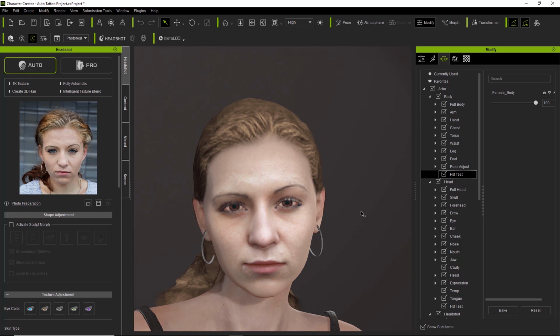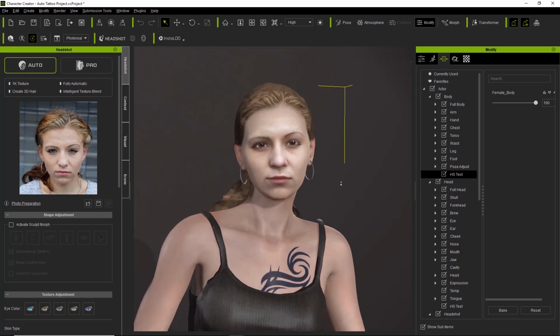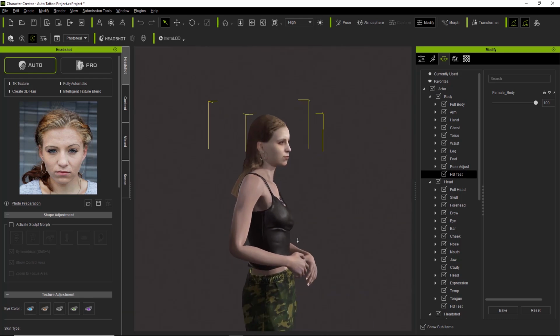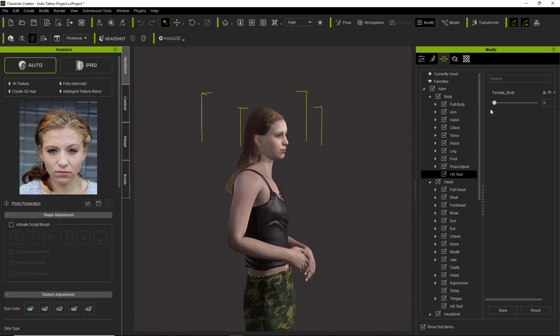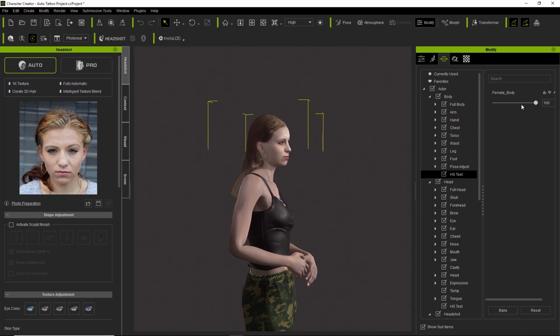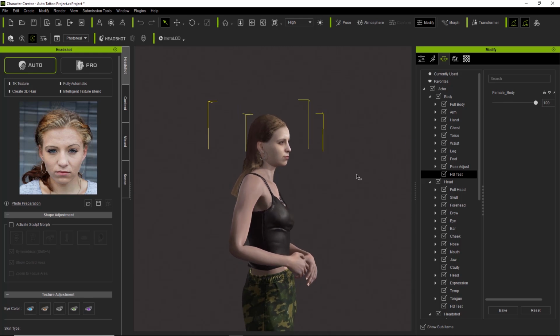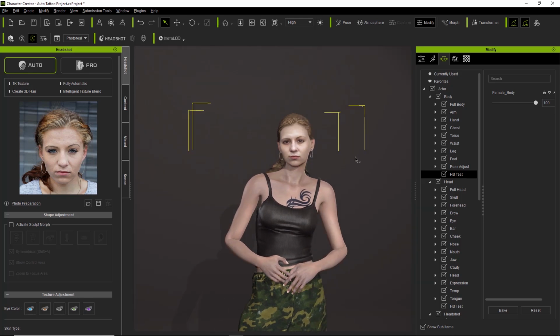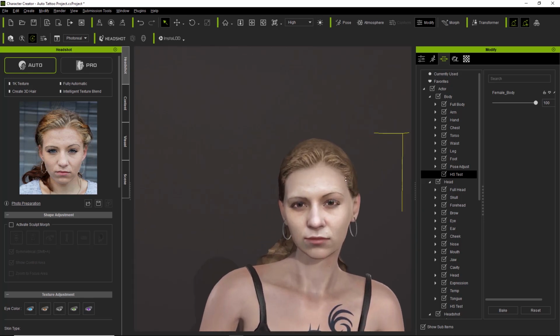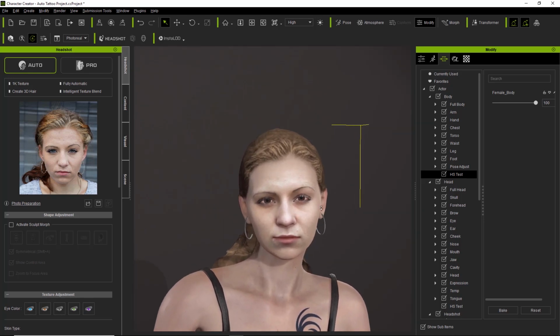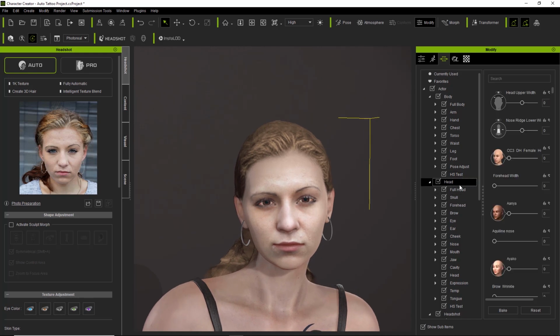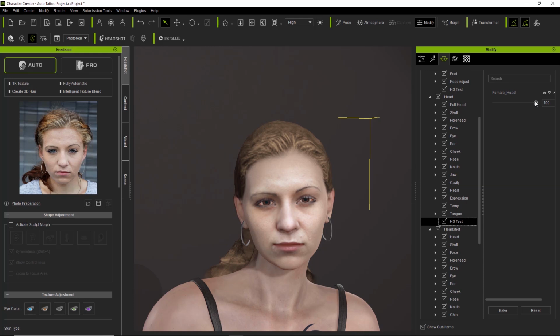Okay, so this is your typical female body that we've just saved as a single slider. And if we take that down to 0, you can see our character will pop back into that kind of androgynous, genderless type of body. And we can increase that to create more of a female body. Okay, easy enough. And the cool thing that we've done here as well is we've also, under the head section, under the head folder here, created one called HS test and female head.